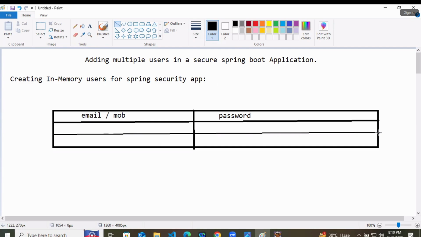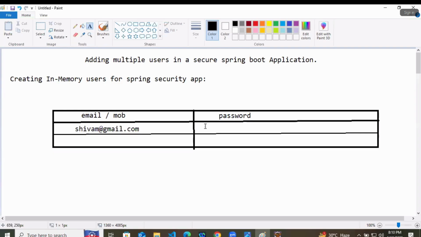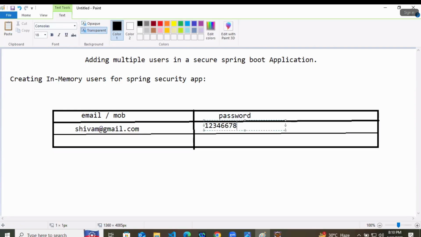If you got access to anyone's database, you could check the data. Let's say the email ID is shivam@gmail.com, and my password is 123456789. Like that, simple. This is my password, clearly visible. If you got the email and password, you could open anyone's account.